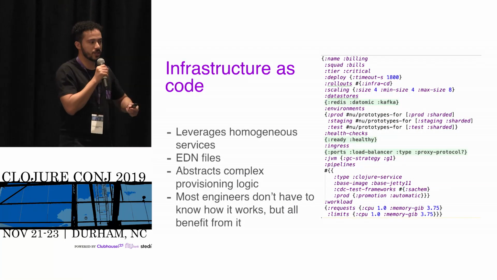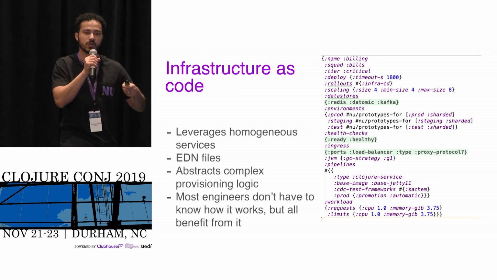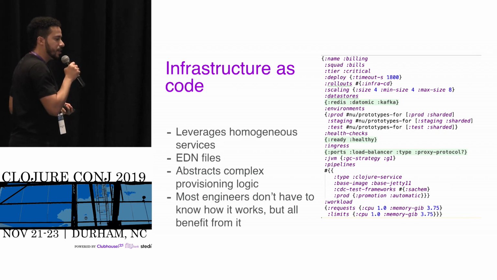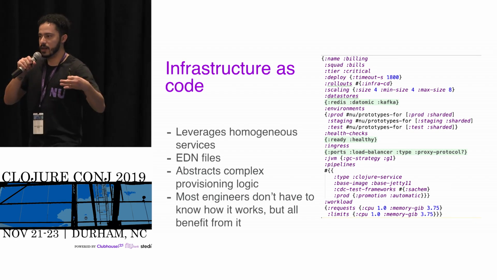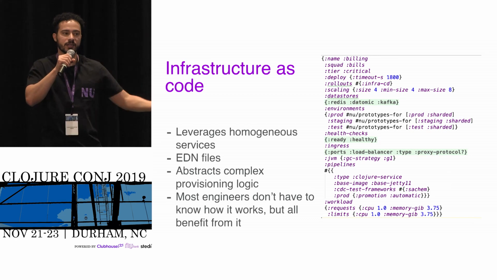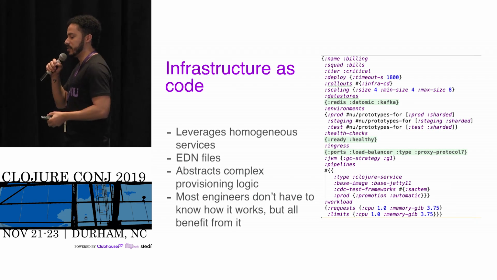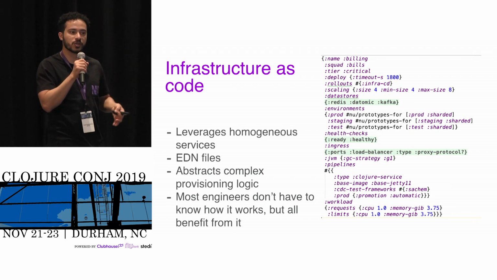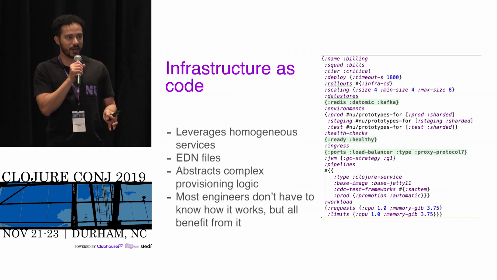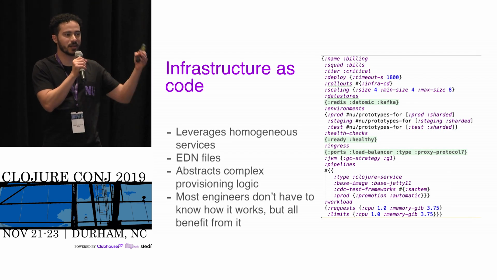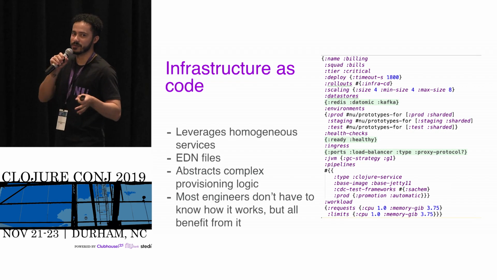And we also leverage Clojure and Eden files to declare how the infrastructure should look. So leveraging this, that every service is a Clojure service, we have a map that declares how to deploy that service into the infrastructure. And this is very complex provisioning logic, infrastructure logic that most engineers don't have to know about, because there is a map that declares what we want to do, and there is a team that's responsible for making this map happen in real life,